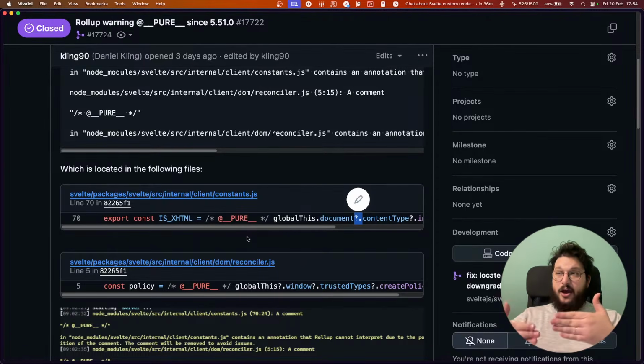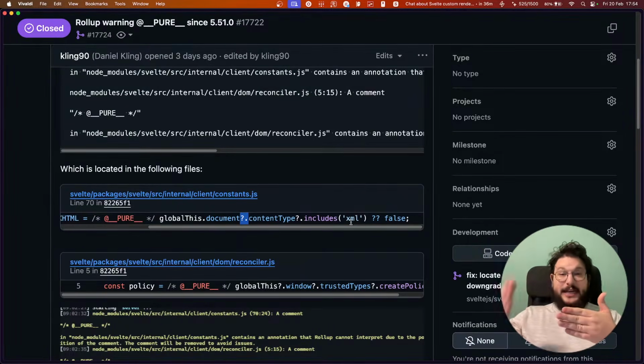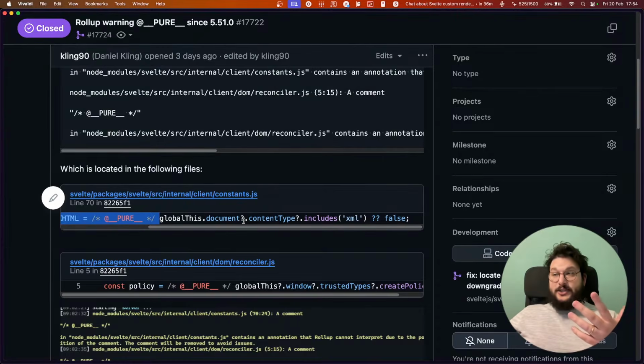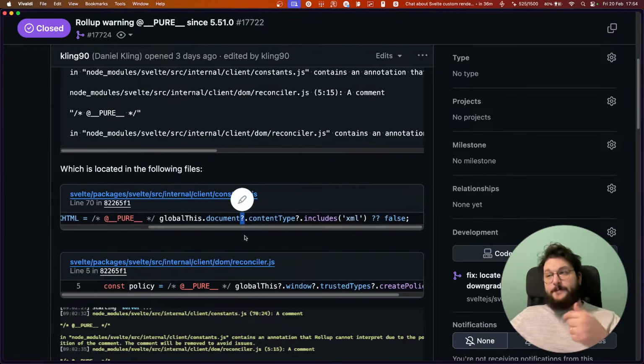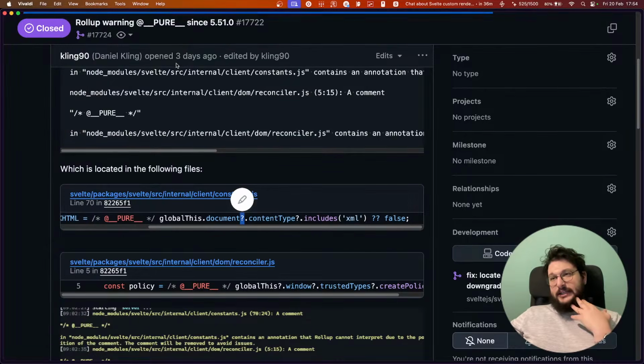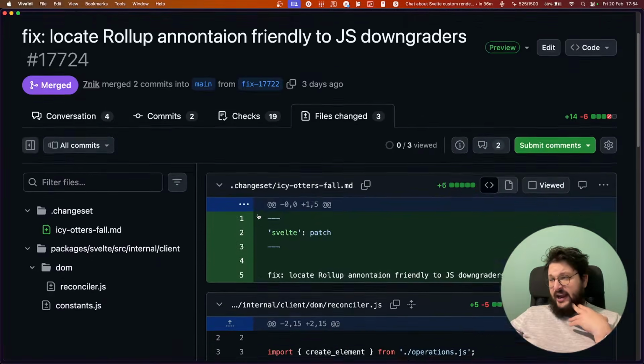And so they are basically removing the optional chaining by checking each single thing. It will convert this code into something that does not use optional chaining and just does the checks by itself, basically. And so before, basically,